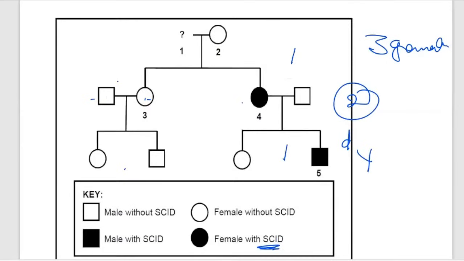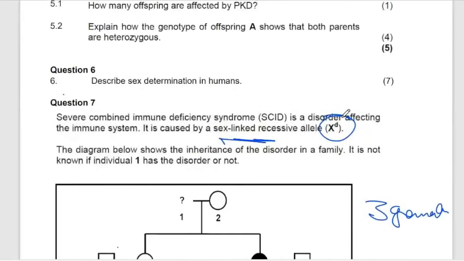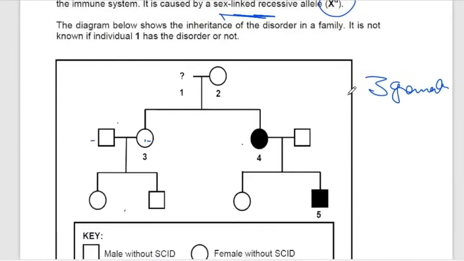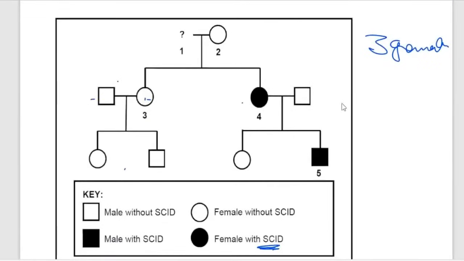All right, let's go to the next question. How do I identify? Okay, now someone is asking. I'm going to go there so that we finish this. How do I identify one? To identify one, remember you have to first identify that this is caused by a recessive allele. If it's caused by a recessive allele, so what you need to do is